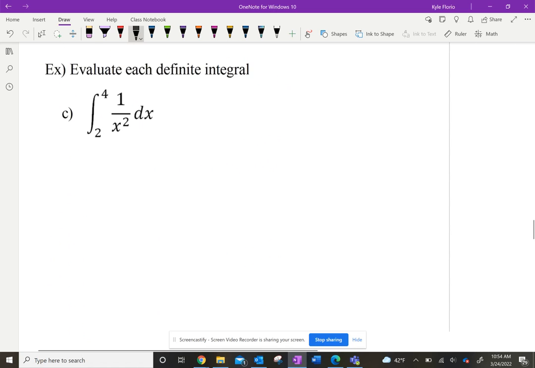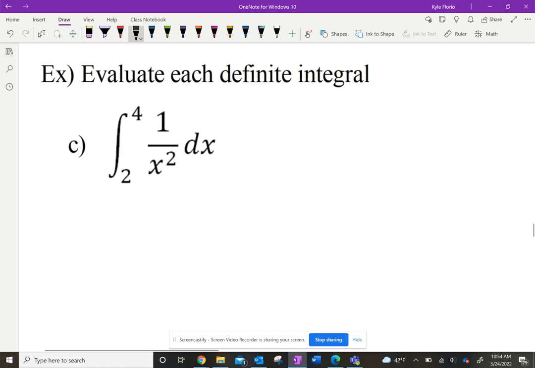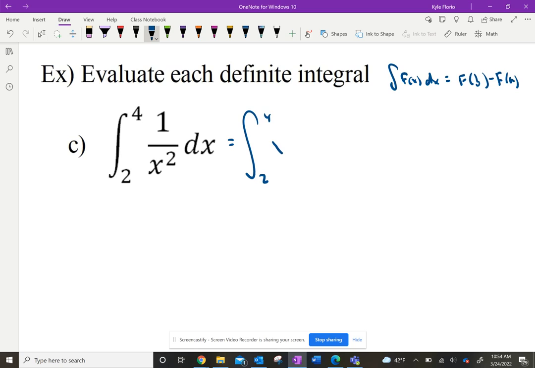Evaluate each definite integral. Here's another one. Copy it down. And we're just doing the same thing every time. If I want to find the definite integral of a function, I just need to find the antiderivative, plug in the endpoints and subtract them. Before I do the antiderivative of this, I have a quotient, so I need to rewrite it so there's no quotient. But this is really equivalent to 1 over x squared, which is just x to the -2,